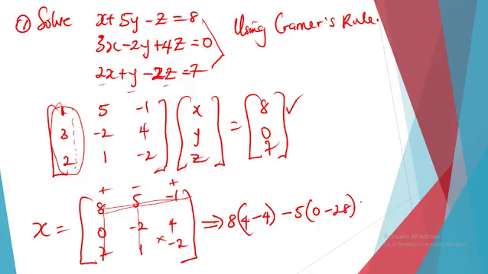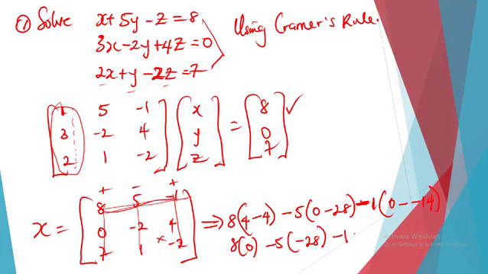Okay, and then we'll have plus minus 1, so that will give us minus 1 into this is cancelled and this is cancelled, right? So we have 0 times 1, which is 0, minus 2 times 7 will give us minus 14. Therefore this becomes what? Plus. So we have 8 into 0 minus 5 into minus 28 minus 1 into 14. 8 times 0 is 0, minus 5 times 28 will give us